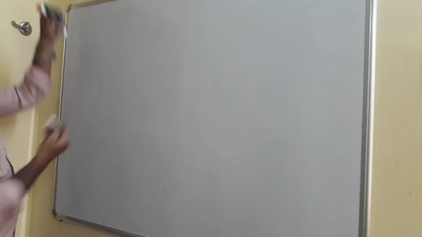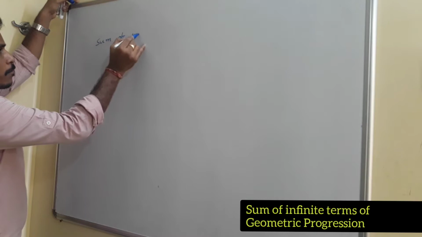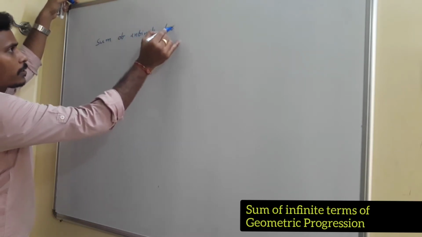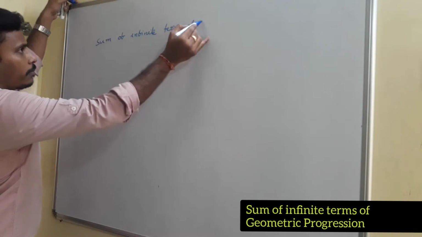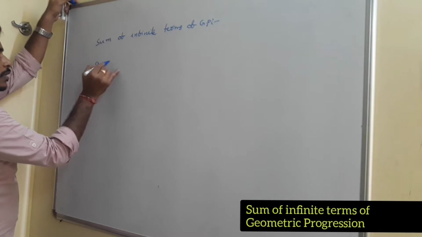Sum of infinite terms of the geometric sequence. Sum of infinite terms of GP. See, we know that the terms of the GP are like this: